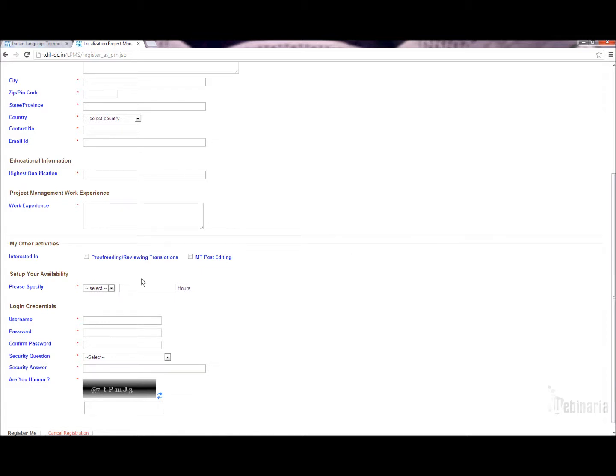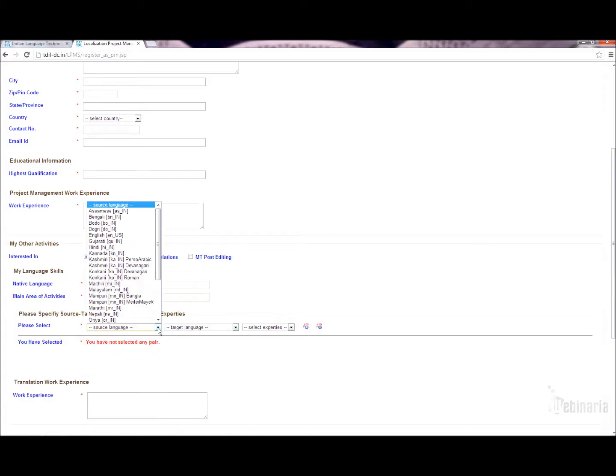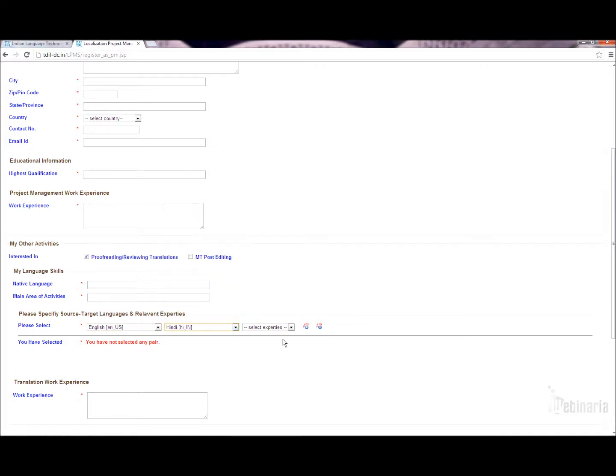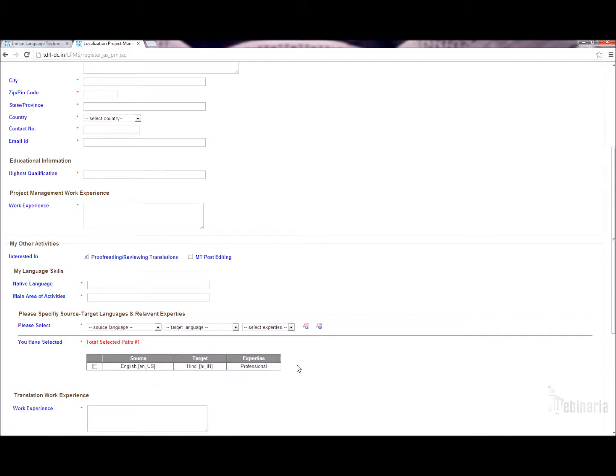You can also specify your language expertise like English, Hindi, and here I took professional as my language expertise. You need to add the pair. Likewise, you can add different language pairs as per your competency. After filling the form and correcting all the validations, you can register your profile successfully.